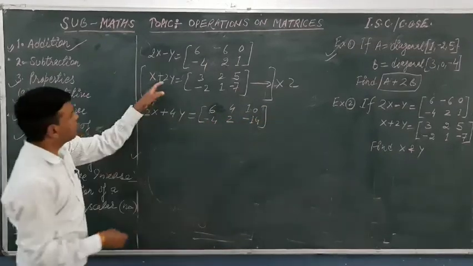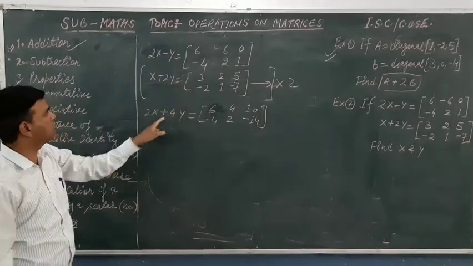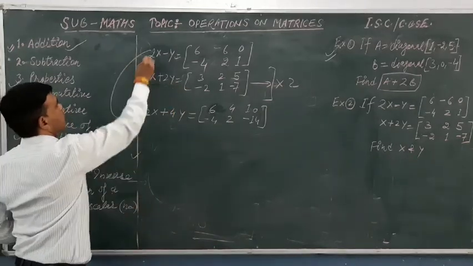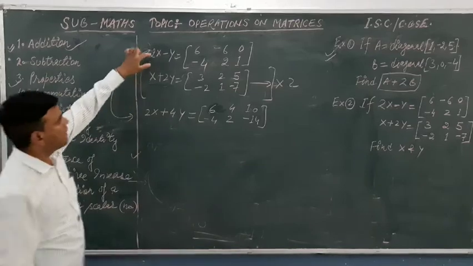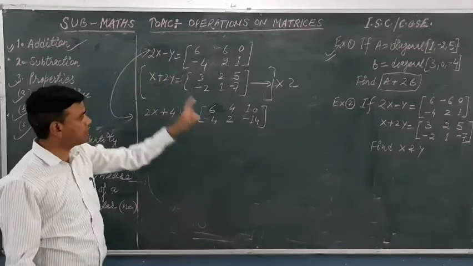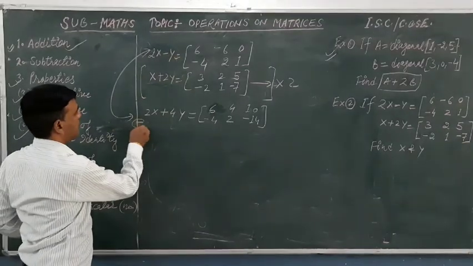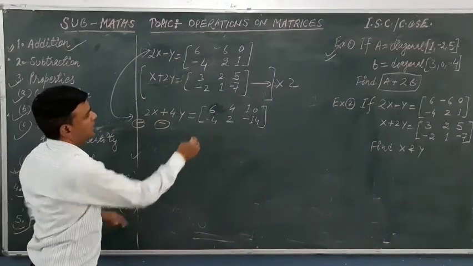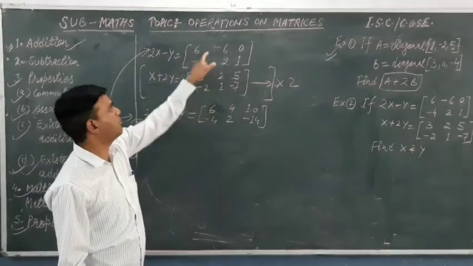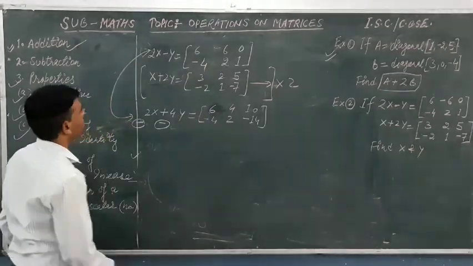So now this second matrix has turned into this matrix. Now you can solve these two matrices. If you subtract the second matrix from the first matrix, I will get a minus sign here, here also a minus sign, and this matrix will be subtracted from the right hand side of the first one.